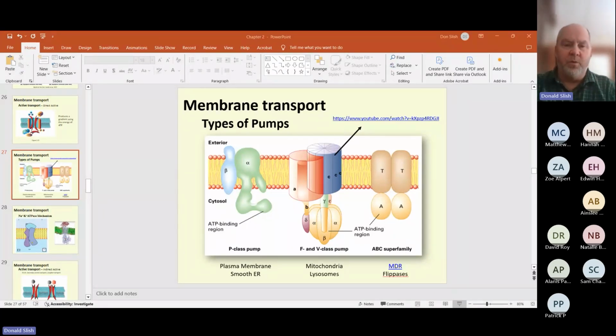The F-type then, the F-type is more prokaryotic. So you see them in microbes, but also in your mitochondria and probably chloroplasts, I'm assuming, although I know